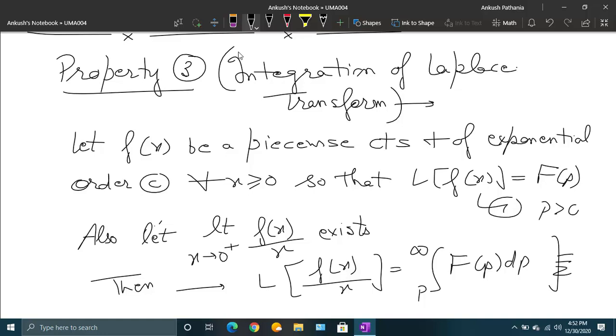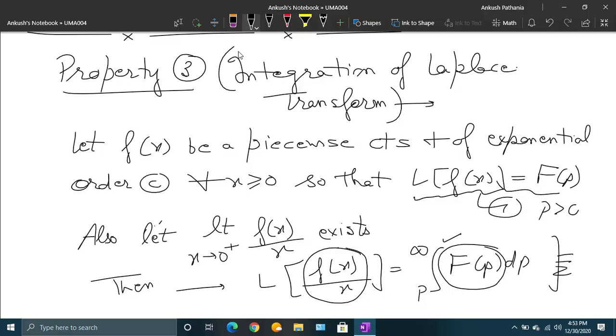This is your property number 3, in which there is division of fx by x, and here simply what you have to do, you have to just find the Laplace of fx, that is Fp. Once you got this, you just need to take the integral from p to infinity of that Fp. So you can now remember property 1, property 2, property 3 in this way,